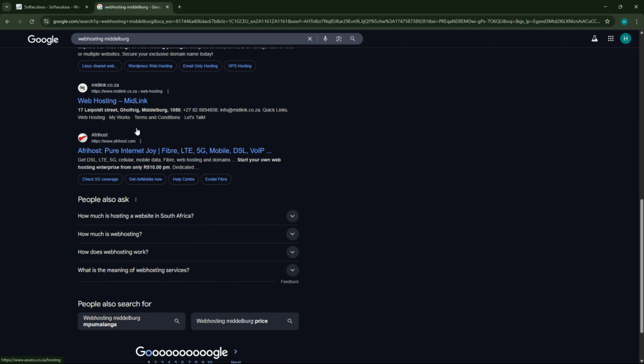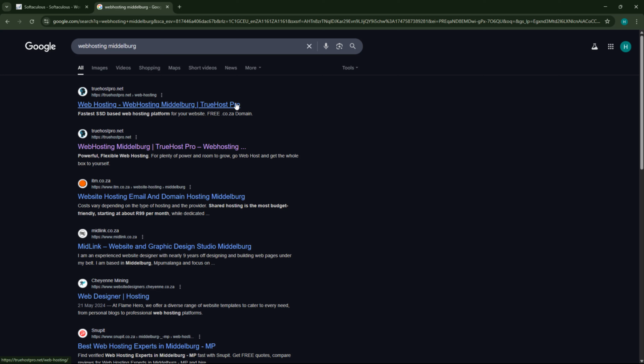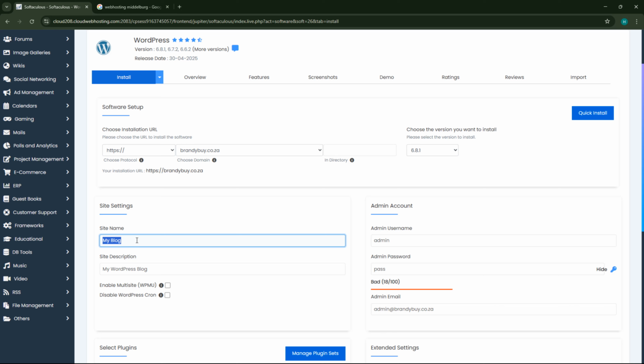And people that are searching for web hosting are normally in their own area, close to where you are, or whatever the case may be. So yeah, that's quite important to do. For instance, I'm located in Middelburg, so if we say in Middelburg, that's great enough.